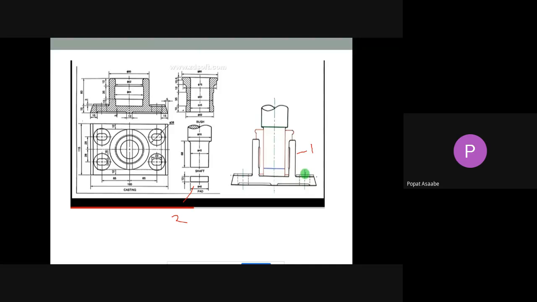Okay, this gap, that 3 mm gap is here. Here also 3 mm gap. From this 3 mm gap, what is the height of that pad they have given? What is the height of the pad? This height, this is the 13 mm. And what is the width of that pad? That is the